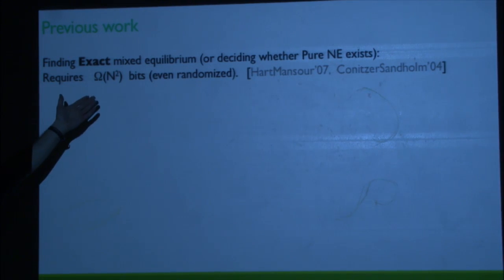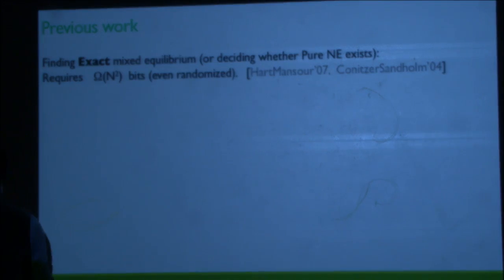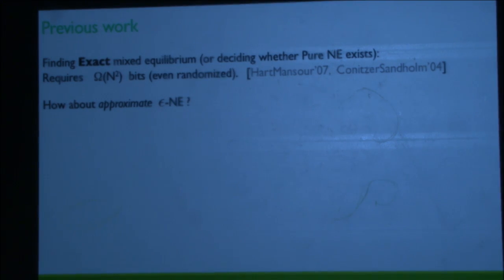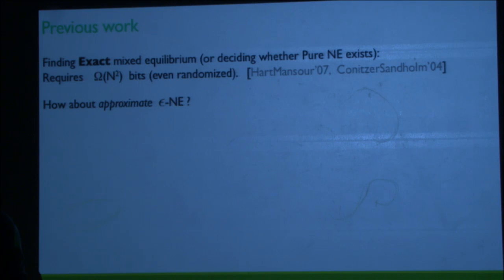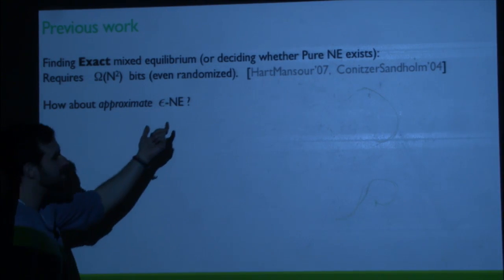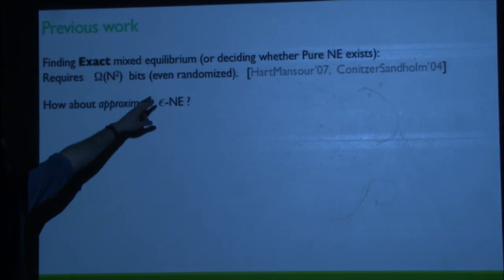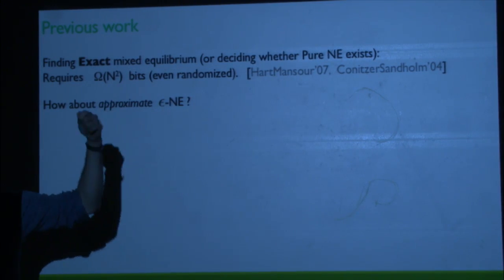And they proved it for the k-player version, but you can easily recover this result. But the point is, and the question is, how about epsilon Nash equilibrium? The Hart and Mansour results completely break down when you talk about epsilon Nash equilibrium. In fact, it relies on this encoding argument, which you can easily bypass. So it turns out the Hart and Mansour instance, which requires n squared bits for exact equilibrium, can